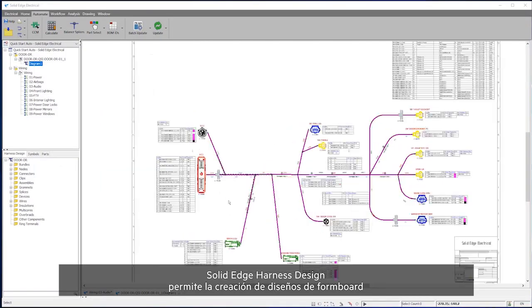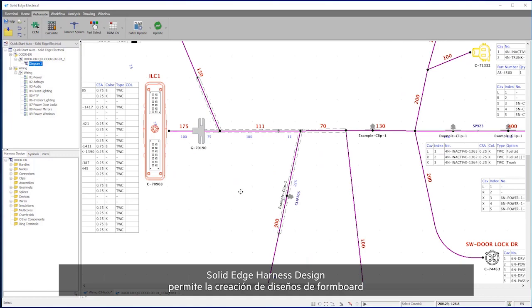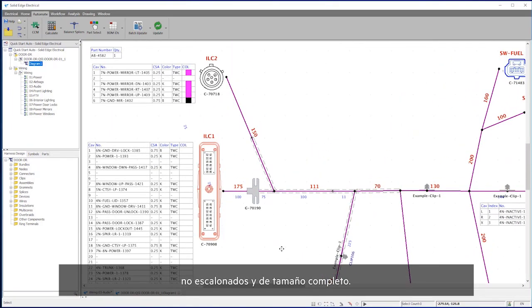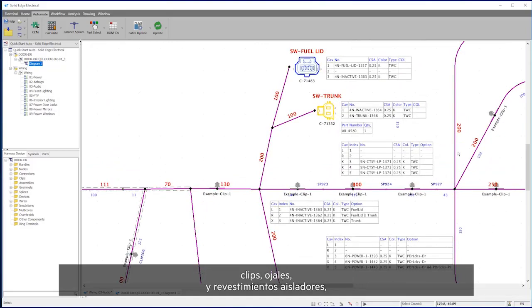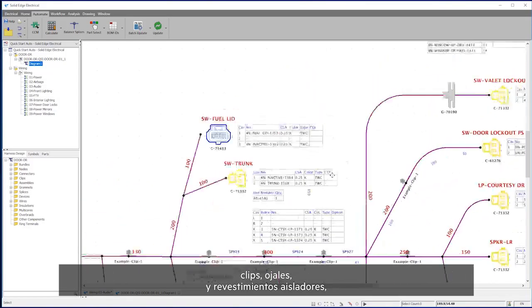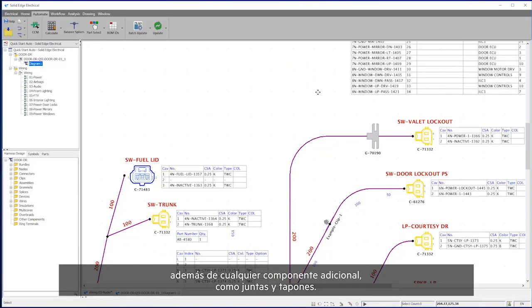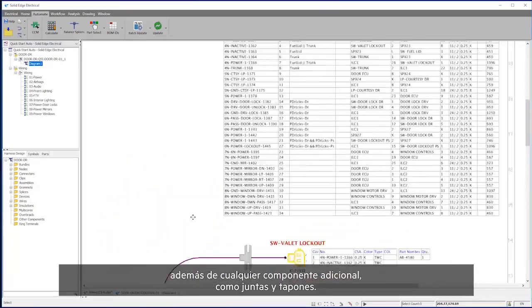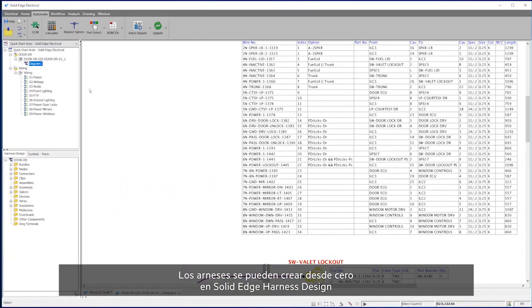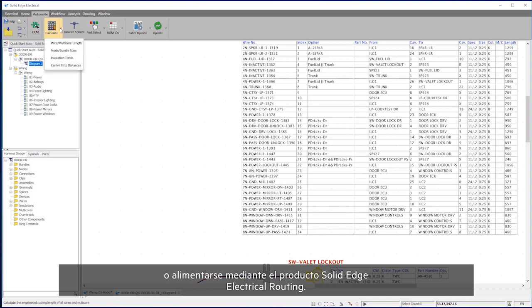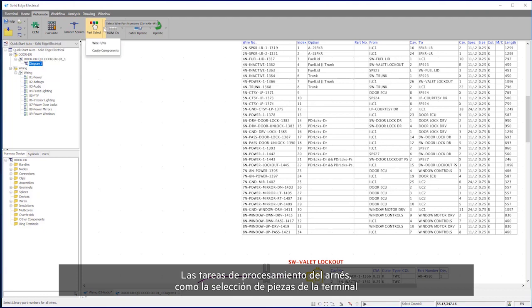Solid Edge harness design allows for the creation of non-scaled and full-size form board designs. Everything required to design or manufacture a harness is available, from clips, grommets, and insulation coverings, along with any additional components such as seals and plugs. Harnesses can be created from scratch in Solid Edge harness design, or be fed by the Solid Edge electrical routing product. Harness processing tasks, such as terminal part selection or wire length adjustment based on the selected connector, can be